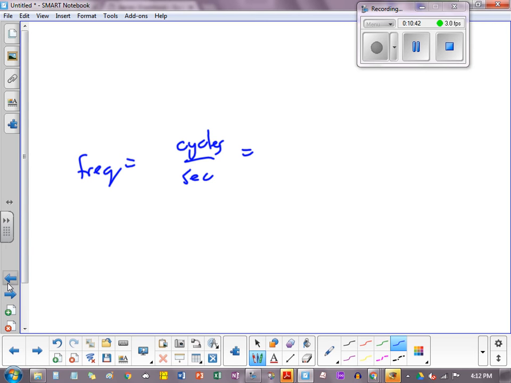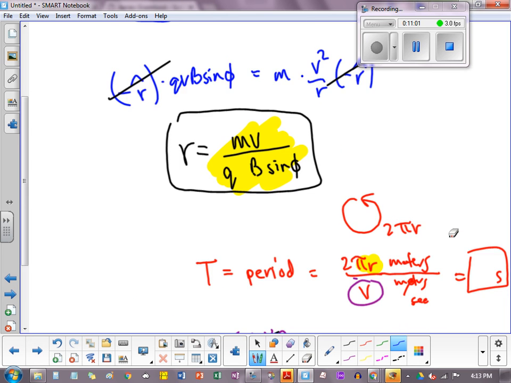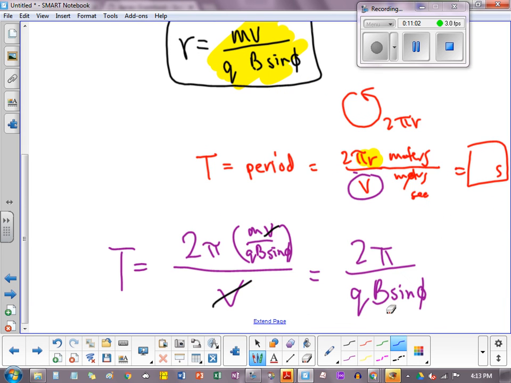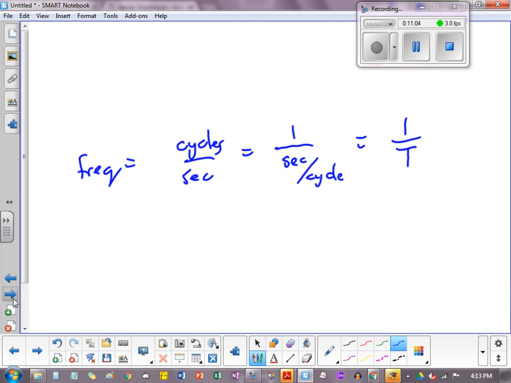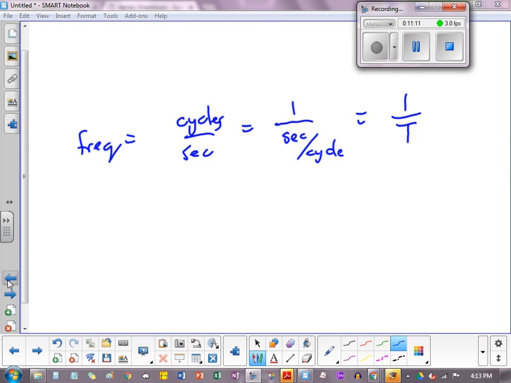The number of cycles per second is basically 1 over the number of seconds per cycle. There's another way to think of it algebraically: just move the cycle to the bottom. In other words, 1 over period. So you could just flip your formula upside down here, and put QB sine phi over 2 pi, and you'll need one more thing, the mass,